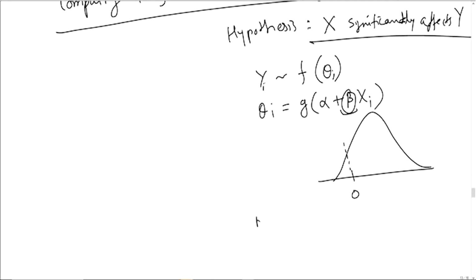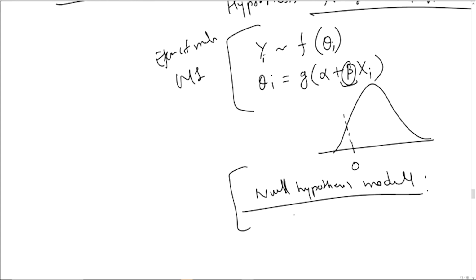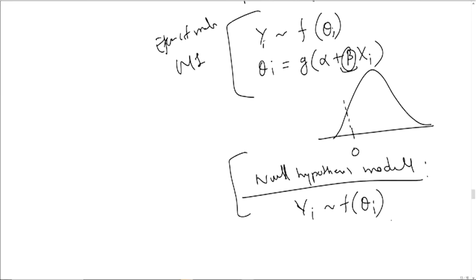What you do, you can build a null hypothesis model. Okay, this null hypothesis model will be nested within this model. Let us call it M1, the effect model. So your null hypothesis model will be nested within this effect model. What do I mean by nested? So this model would look the same in terms of its likelihood. Yi would still come from f of theta i. So that is all fine. Theta i would be